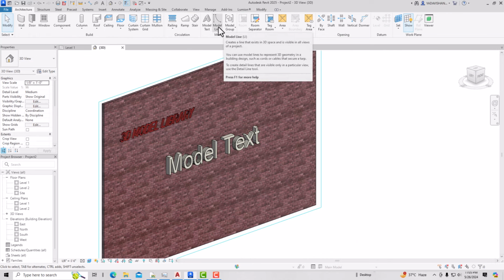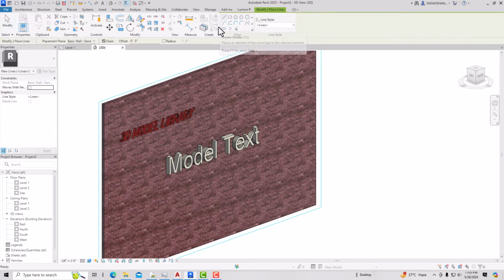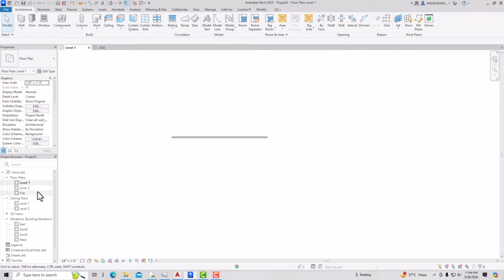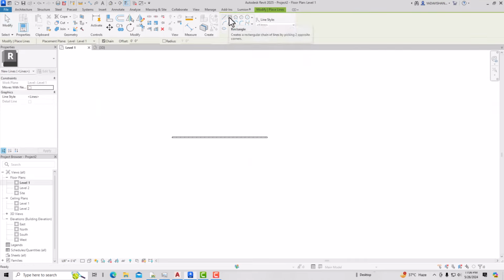If you look at the definition of model line, it creates a line that exists in 3D space and it is visible in all views of a project, and you can use this model line to represent 3D geometry. So model line, this will be visible in all 4 views. So suppose I'm going to create in level 1 a model line here. This will be in a green line here. So suppose I'm going to draw an inscribed polygon here. So this is my